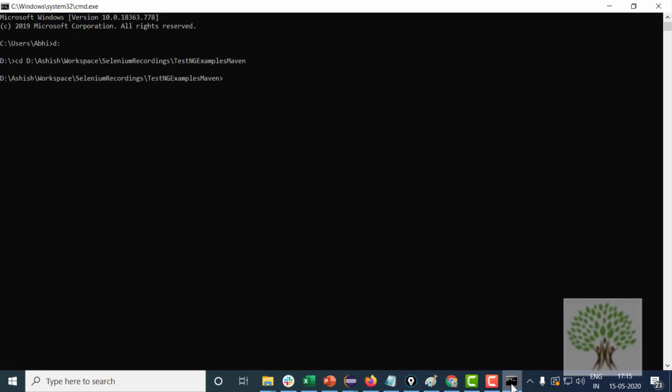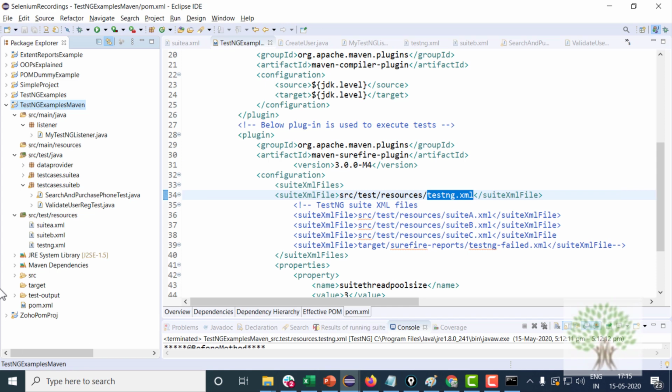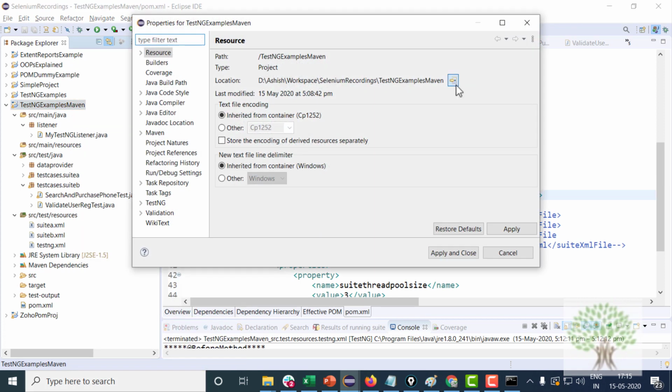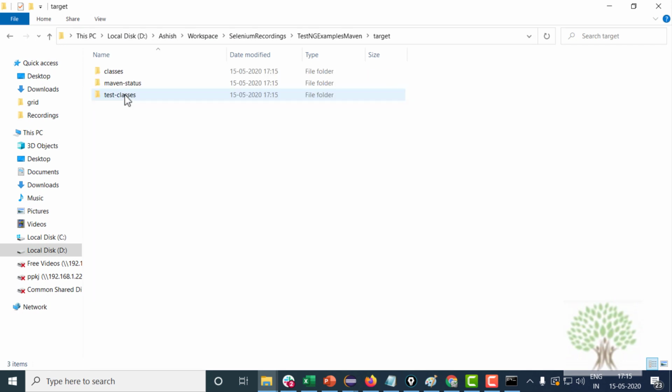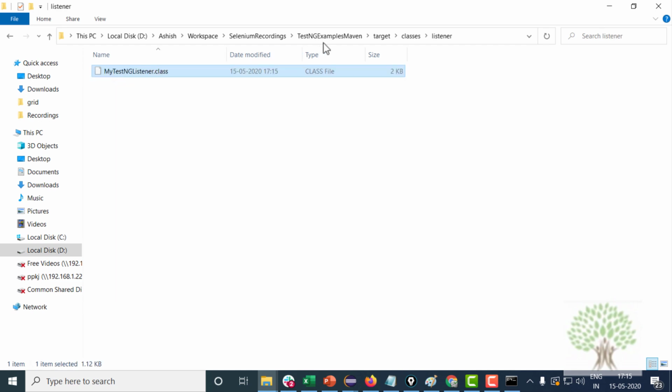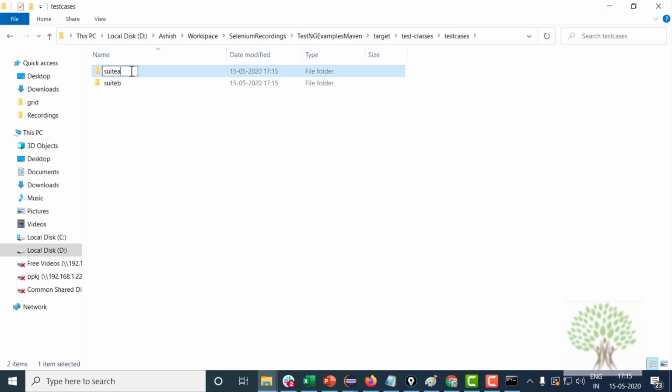Now when you go on command prompt, you can give the command mvn compile. When you give this command, the project is compiled by the Maven compiler plugin. Compilation means that the Java files are converted into class files. If you go to the physical location of the folder, then under the project you will have the target folder. In the target folder you will have the classes folder and test-classes. Over here the class files of the project go. Fine, the compilation happens and the class files go over here.